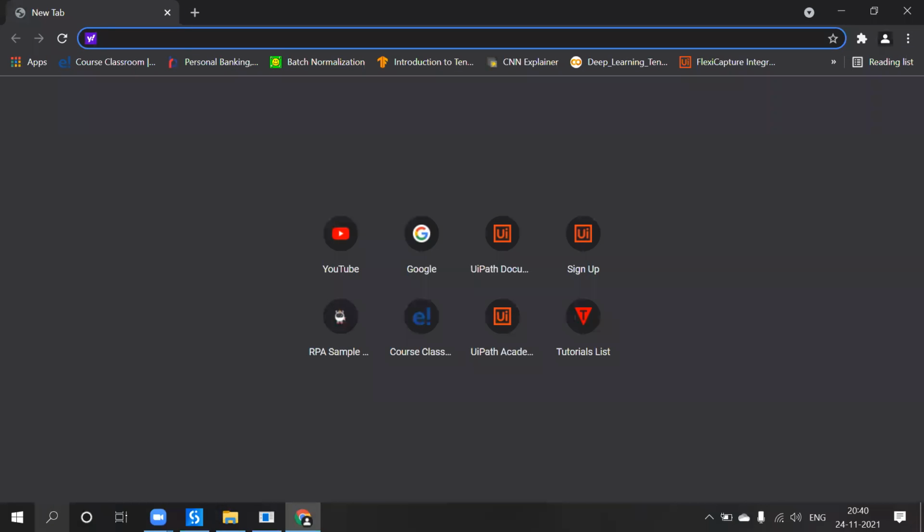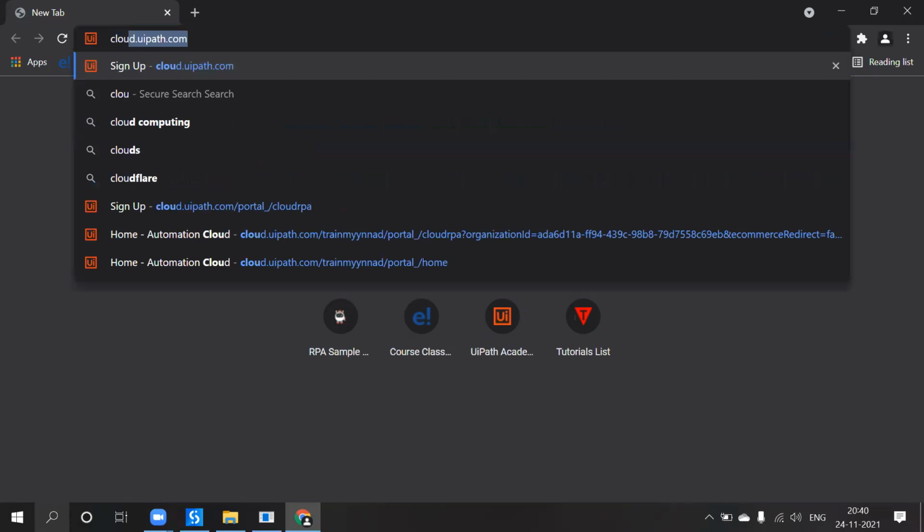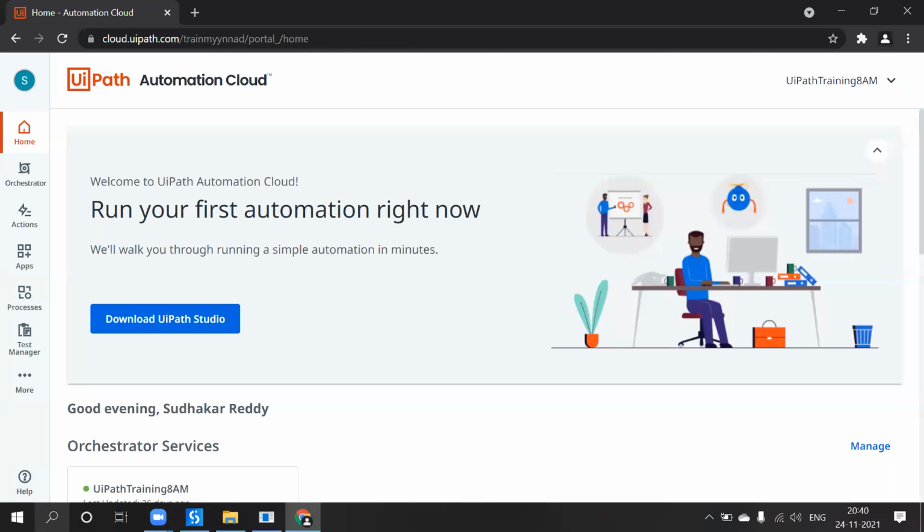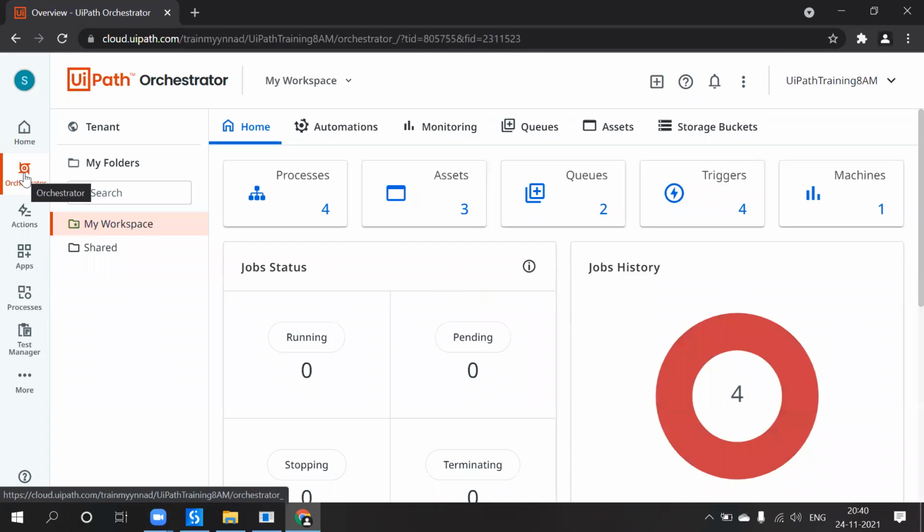So in real time, where will we keep the username and password? We have an orchestrator called cloud.uipath.com. This is the orchestrator where we will deploy the bot. Go to orchestrator. Actually I would like to tell this, anyway, we got the situation where we will speak again when we talk about orchestrator. So here